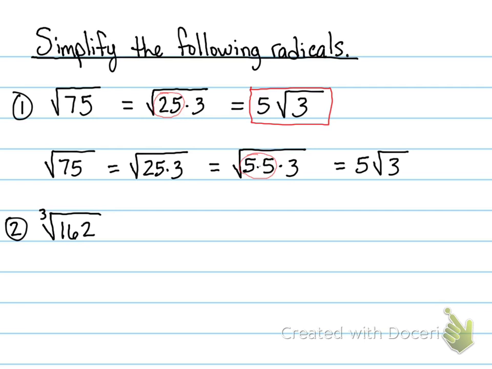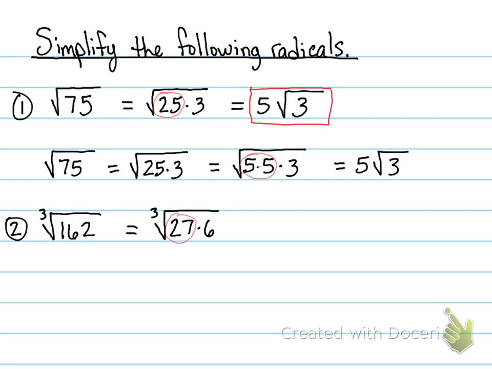So 6 cubed is 216. That's too large. 5 cubed is 125. So 125 is a perfect cube, but it is not a factor of 162. Right. So then next, 4 cubed is 64. So I want to see is 64 a factor of 162, and it is not. 3 cubed is 27, and I want to see is 27 a factor of 162, and it is, right? We can rewrite 162 as 27 times 6,